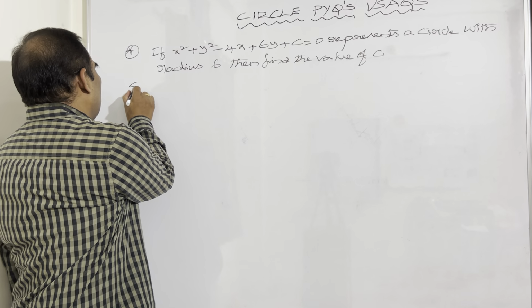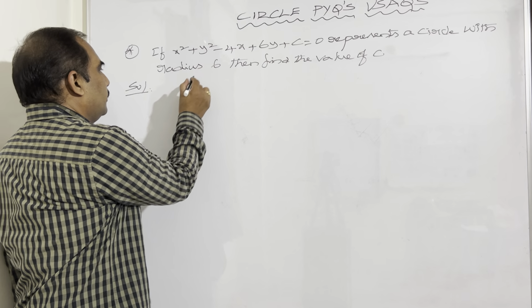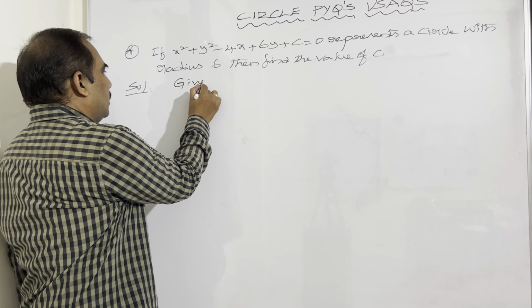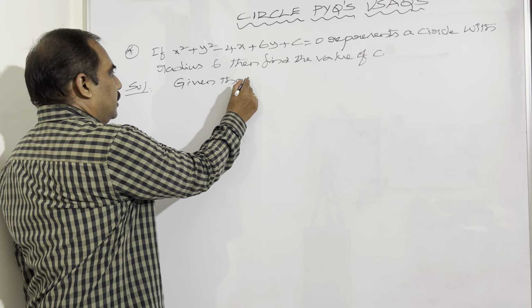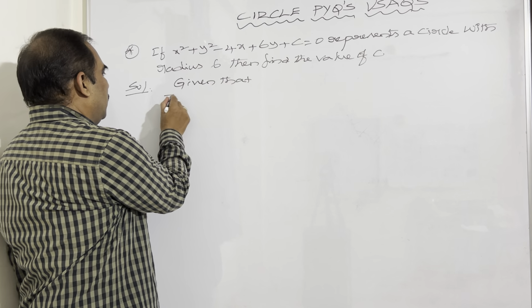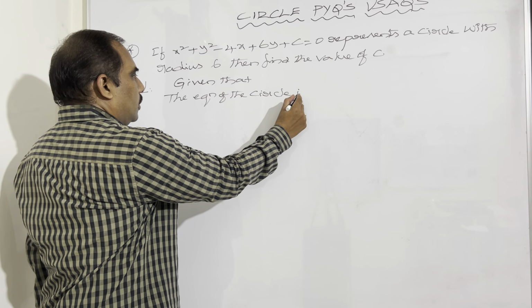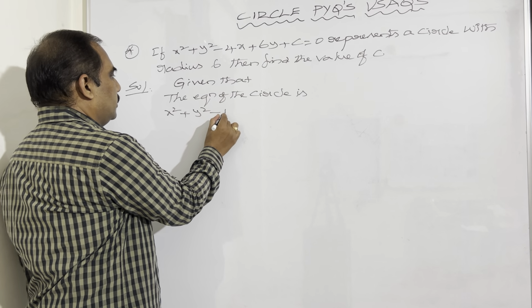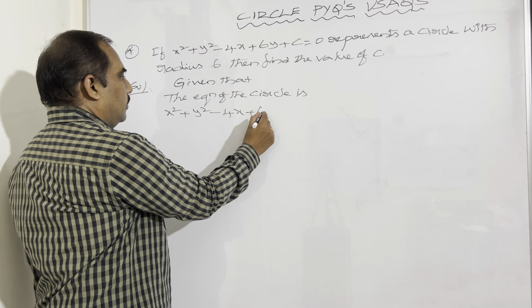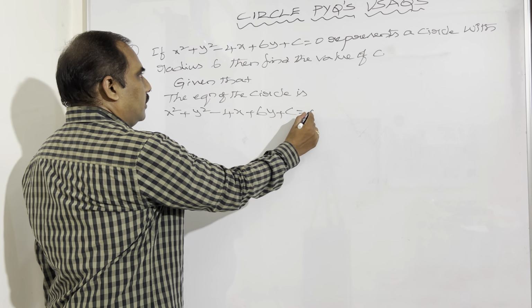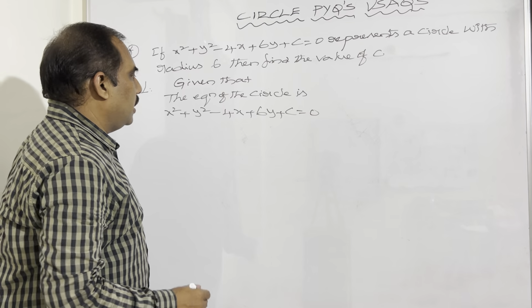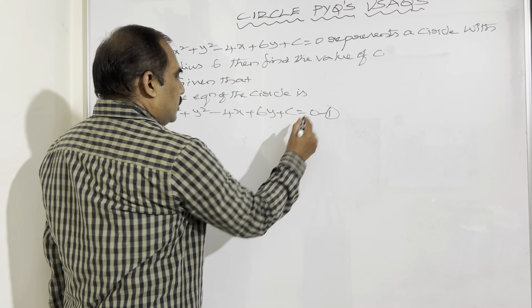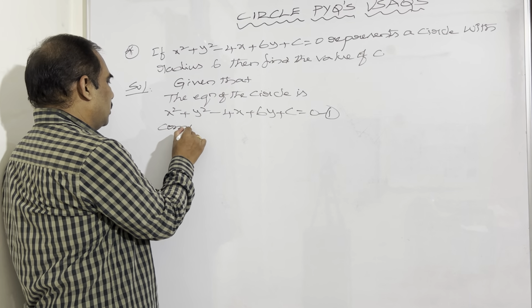The solution: what is the given equation of the circle? So given that the equation of the circle is x square plus y square minus 4x plus 6y plus c is equal to 0. Say this is 1. So comparing 1 with the